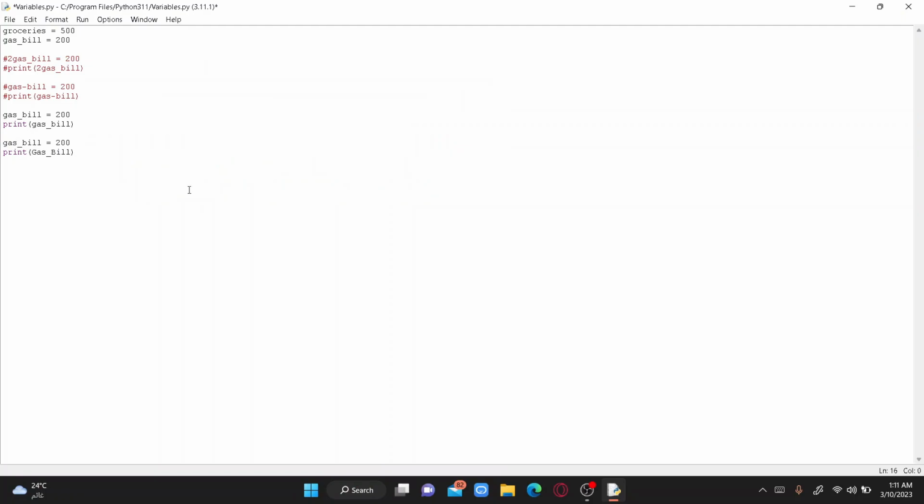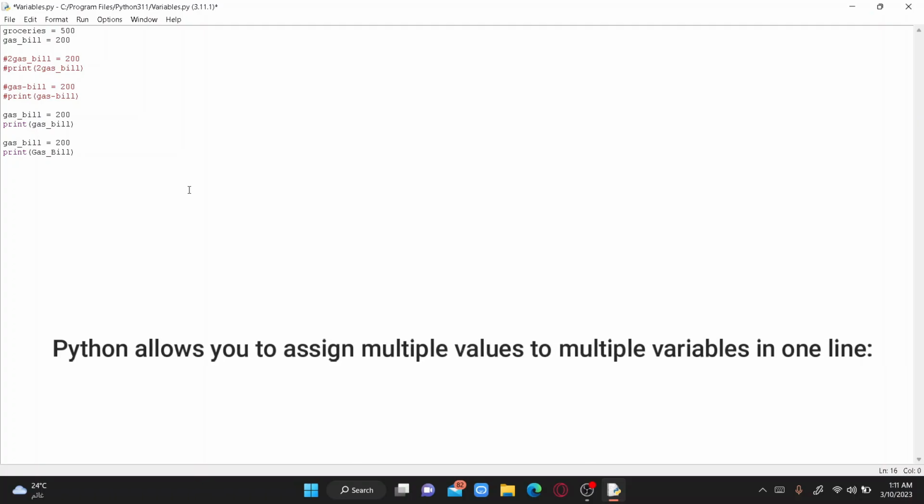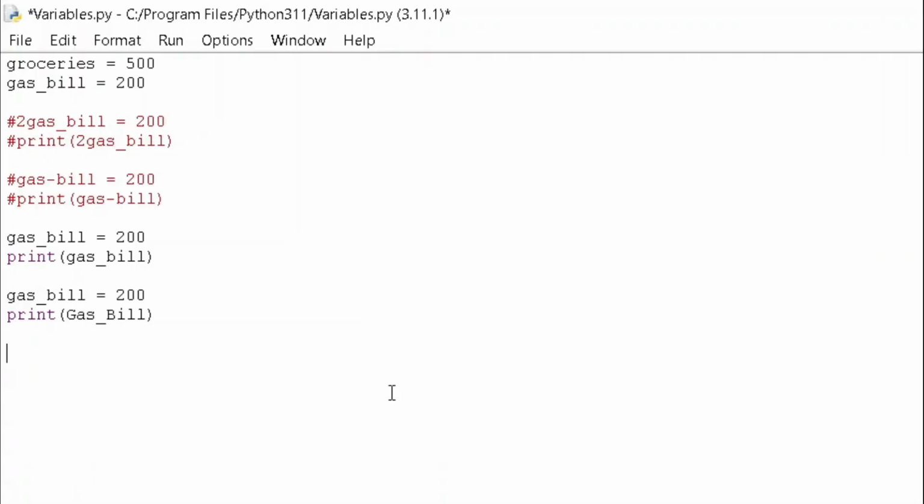Another thing I want to cover in variables is that you can assign different variables to different values in a single line. Let's say I have groceries and gas bills, right? Here what I did essentially is that I made two different lines. I said groceries equal to 500 and gas bill equals to 200. But what if I want to write it more efficiently, more neatly? I can say that